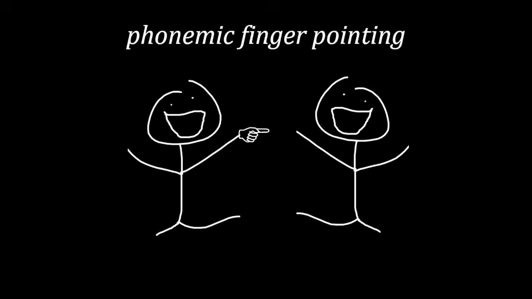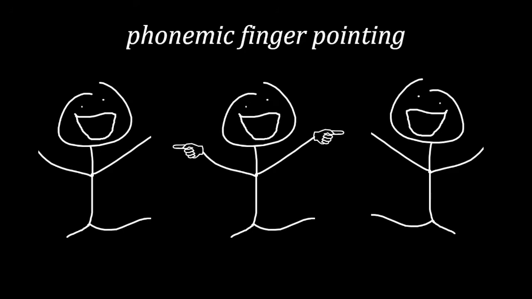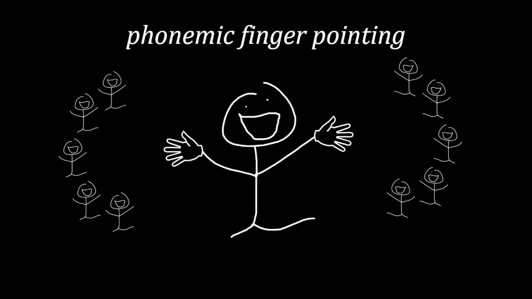Like, if you're talking to someone in front of you, point to that someone in front of you. If you're talking to yourself, point to yourself. If you're talking to two people, point to both of them simultaneously. If you're talking to 10 people at once, point to all of them, one for each finger. If you're talking to a crowd of more than 10 people, then why do you even exist?